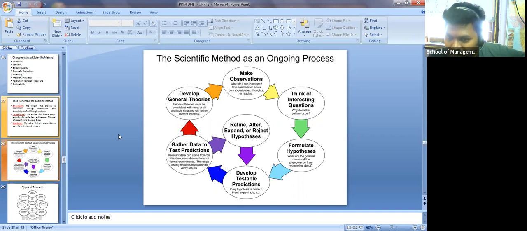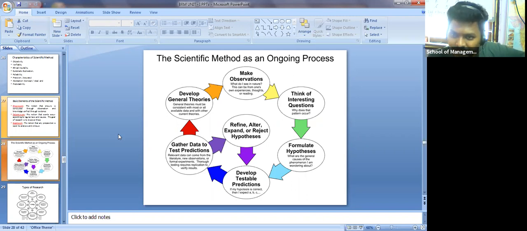Okay, so formulate a hypothesis. What are the general causes of the phenomena I am trying to understand or wondering about? So you are framing that statement. Then you have to prove that. Maybe it may be disproved by using any statistical method. Then develop testable predictions. So you are in a position to develop testable predictions. If my hypothesis is correct, then I expect ABC. I may expect something positive or maybe negative, something else. Then once you develop testable predictions, gather data to test the predictions.